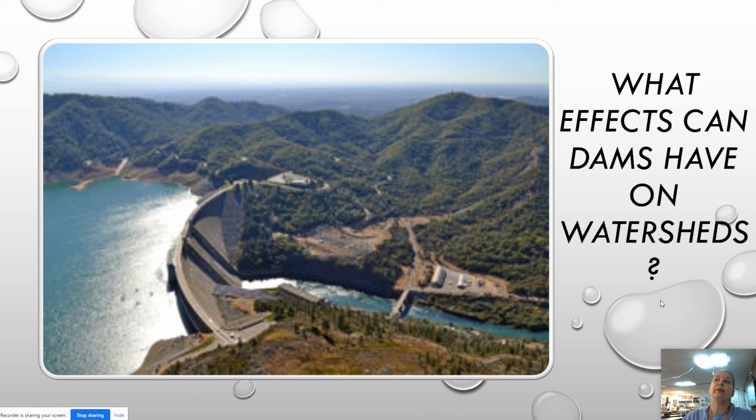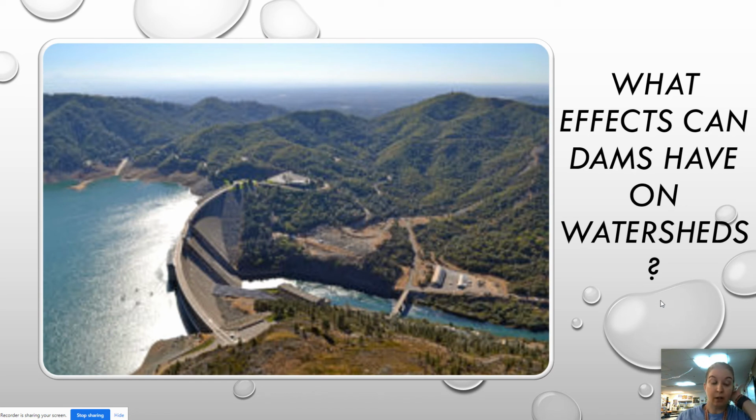So think about what effects dams can have on watersheds, and there's 4 big ones. Before the dam, upstream of the dam, flooding is going to be a factor. Downstream of the dam, you're going to have a reduced water flow and a lot less sediment, which is good for farming. So any farms that existed downstream of a dam just got massively screwed over because they're not getting as much water and they're not getting all that nutritious sediment.